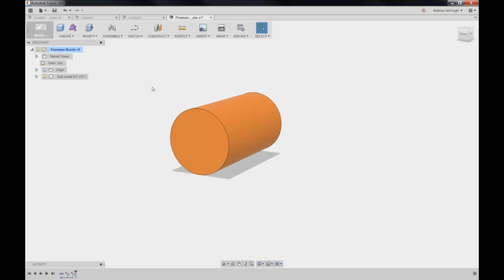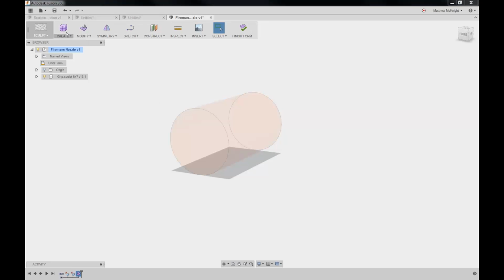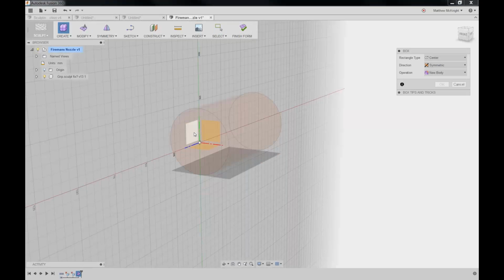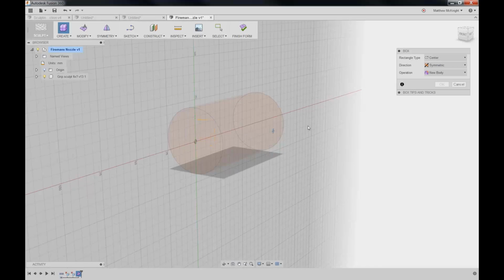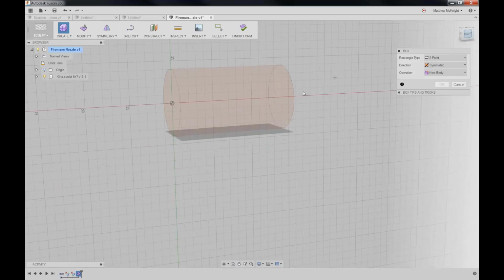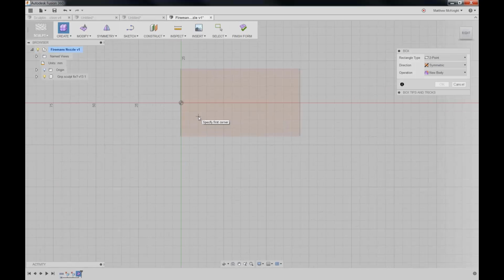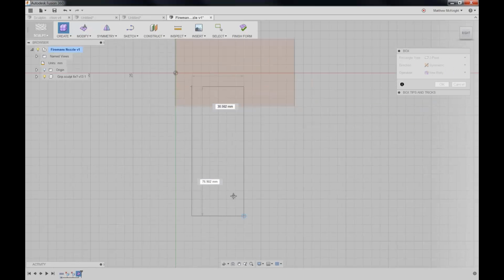Now we're going to use this as a basis for then creating a new handle that we want to. So maybe we want to modify the existing handle and create a variant of the design. So let's do that. So let's create a form. Let's create a box like we've done before. Let's create on the plane here. Let's just make sure we've got the plane. Yep. We'll rotate around so we're looking normal to it. I'm just going to create a simple 2-point box. It's symmetric. Let's drag it out,